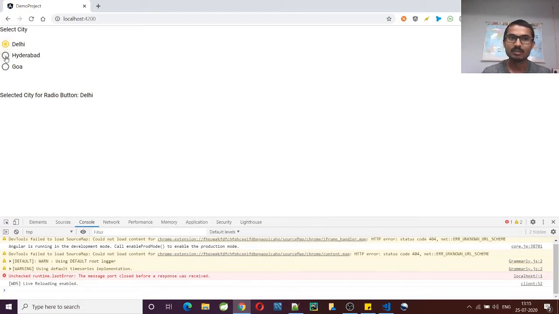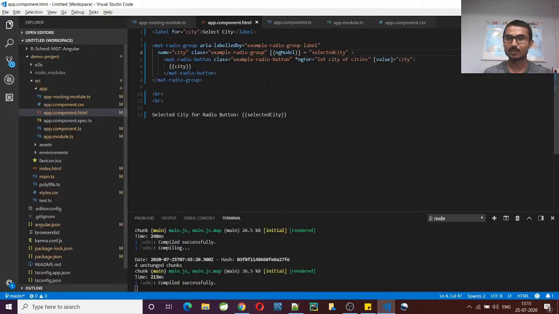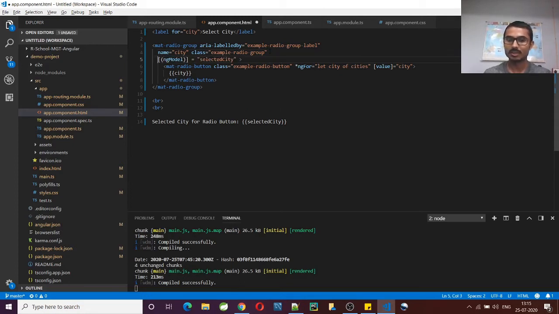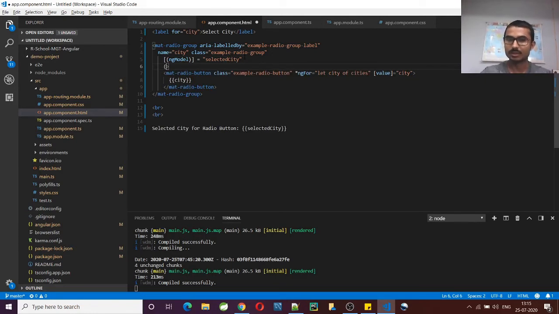See, whatever value I'm selecting here, it is displaying here. And not only this, you can also handle each select event in your component. For example, suppose I'm trying to handle the change event for this. So here I'll apply change. I'll handle the change event, and I can do anything whatever we want. This is one event, change, and for any change of this value, this is not the right place to do.